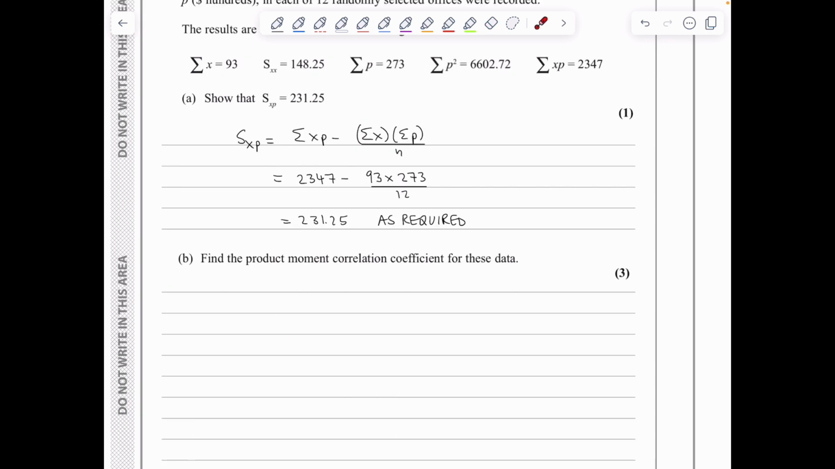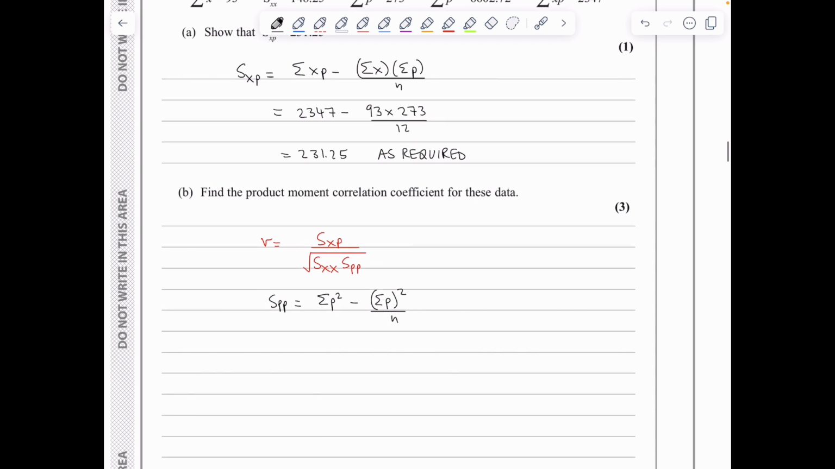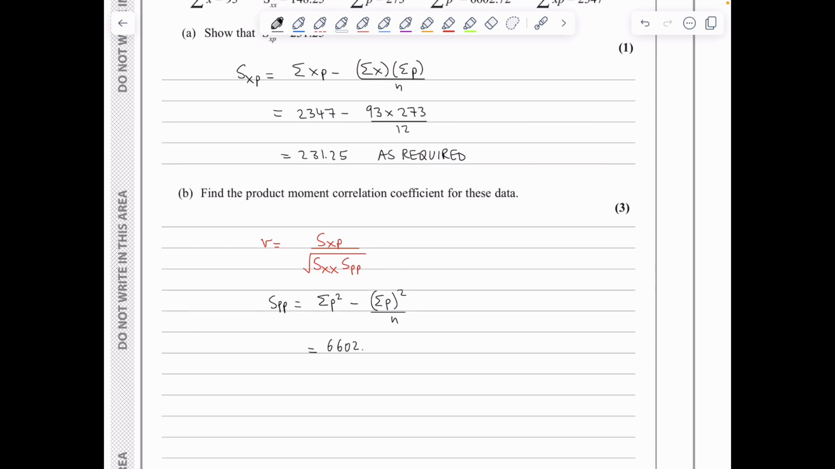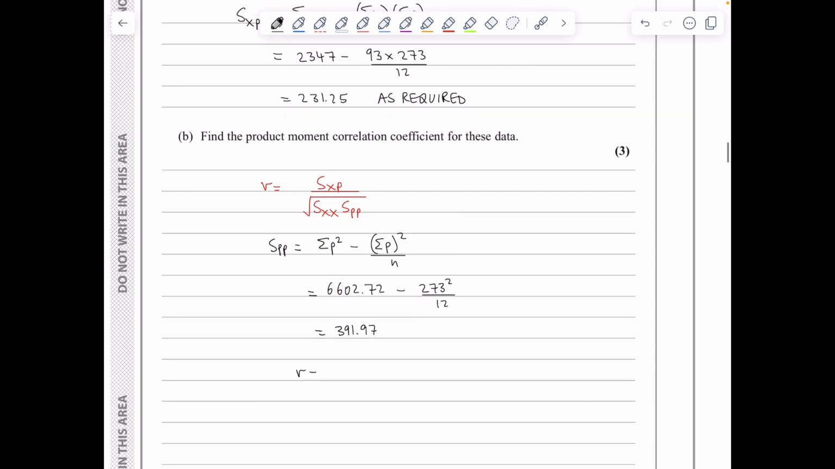In part B, we need to find the product moment correlation coefficient for this data, and let me start by reminding you that R, the product moment correlation coefficient, is given by SXP over the square root of SXX times the SPP. So let me start by calculating SPP, which is simply sigma P squared minus sigma P all squared over N. In our case, this is 6,602.72 minus 273 squared over 12, which gives an answer of 391.97,